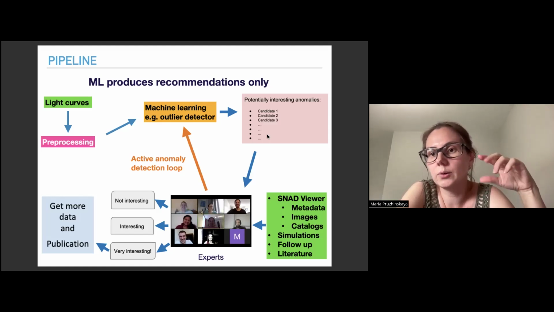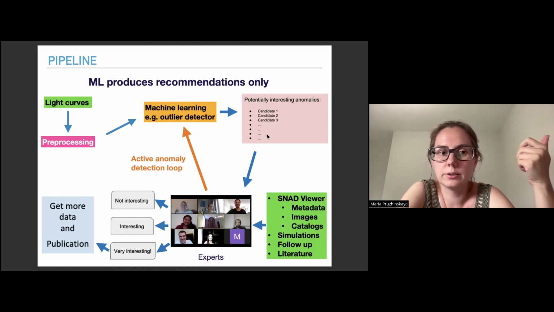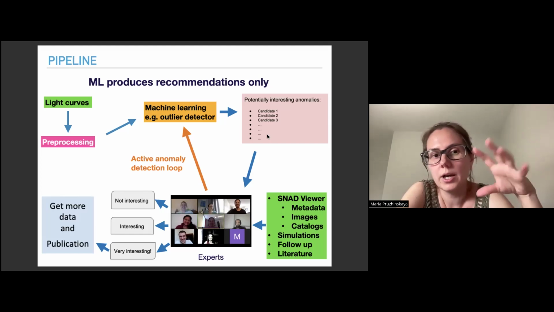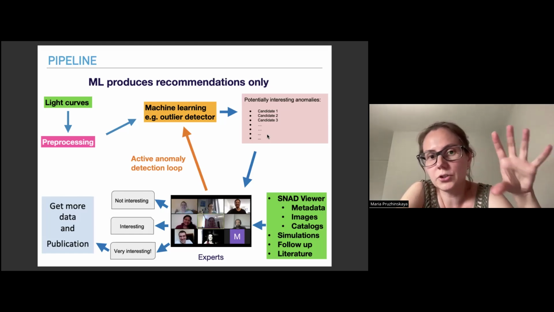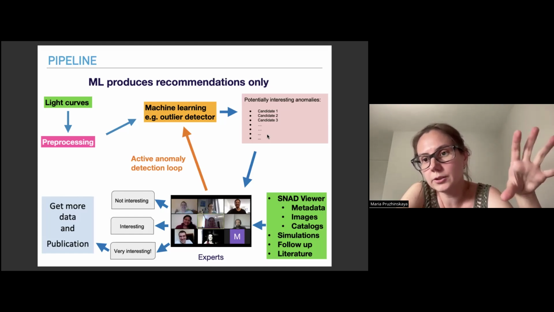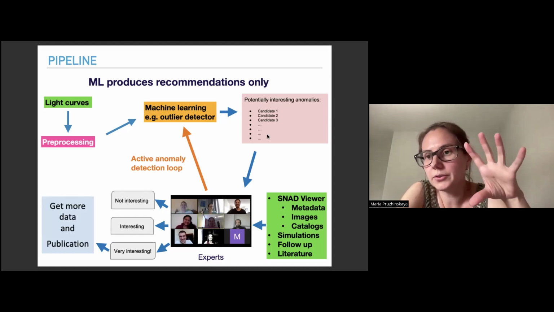That's why, before running any algorithm, we need to pre-process our data somehow. So we need to extract some features. These features could be photometry, something like amplitude, mean, standard deviation, etc. After this feature extraction, it all goes to a machine learning algorithm developed specifically for anomaly detection.